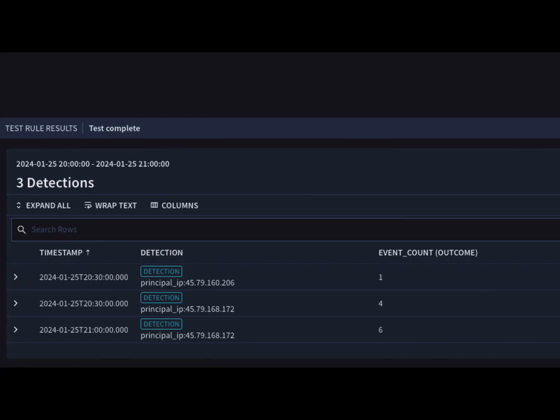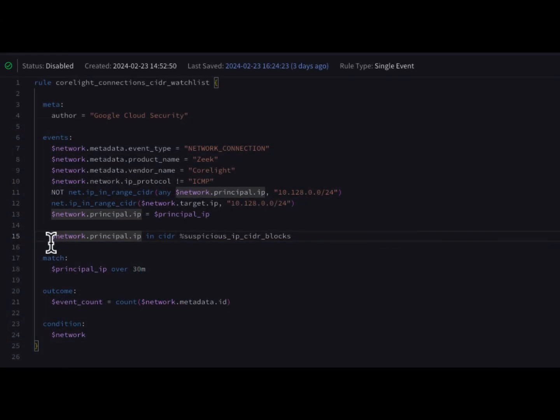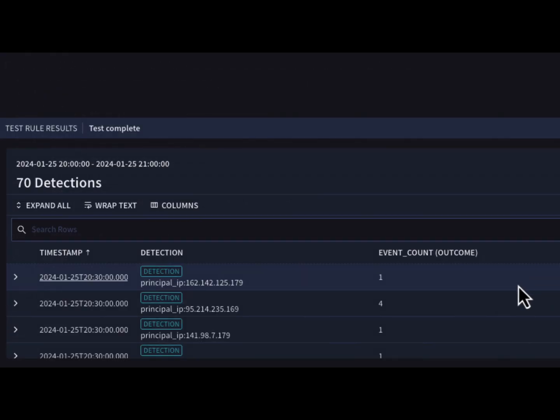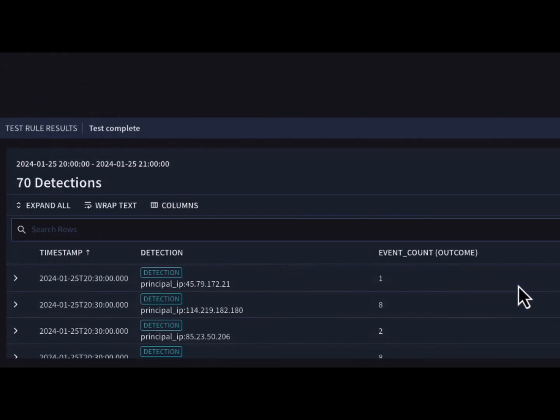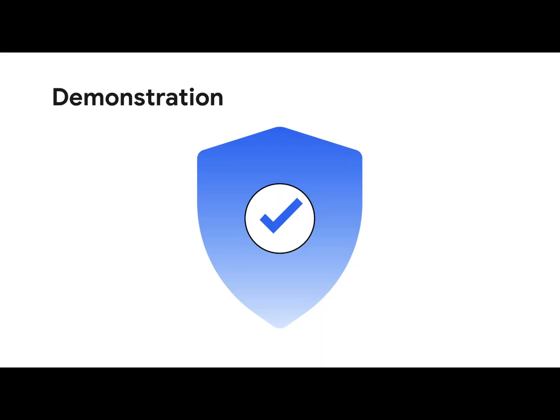Much like the string reference list, if we wanted to set up a list and say detect anything that is not on the list, we could do this as well by prepending not to our reference list criteria, like this. Now we get 70 detections, that is, everything that does not match the list. CIDR reference lists can be used to define internal network ranges, partner net blocks, and the like, and then reused in rules and search to easily identify